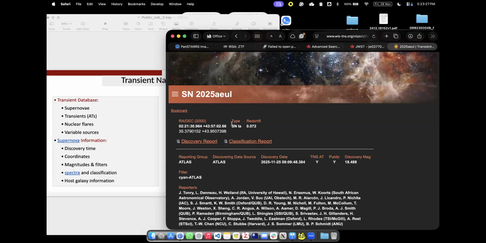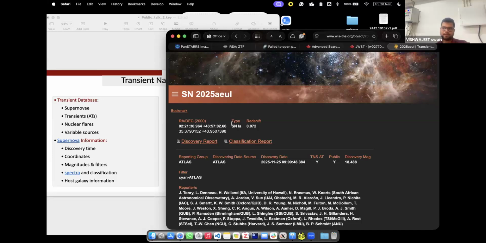So, a follow-up: are people now using machine learning to automatically categorize this? Yes, ZTF is famous for that, and I guess in 2023 they published to TNS automatically, without